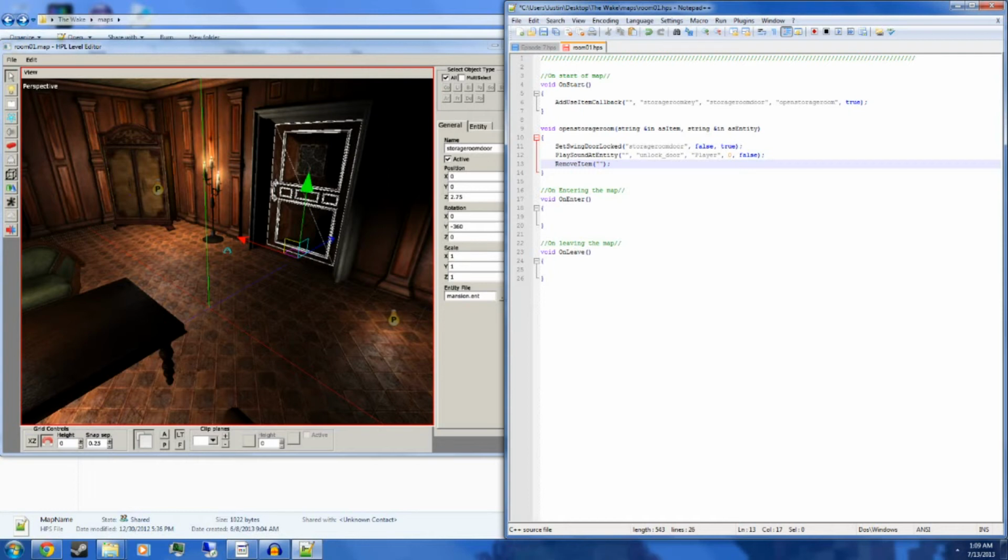In that case we want the item to disappear from the player's inventory. As you may already know if you've played Amnesia, which I'm sure you have if you're trying to learn how to make a custom story for it, when you unlock a door, the key is gone from your inventory. You no longer have it. So in this case we want the same effect to happen. We want the key to be gone when the player opens the door. So here we're going to type in storage room key